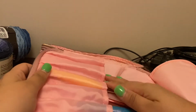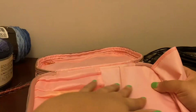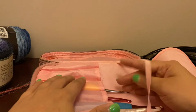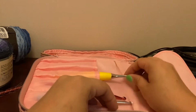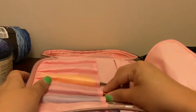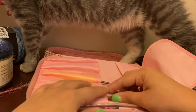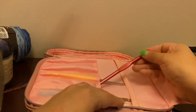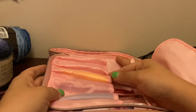So anyway, the inside of the lid has that zipper pocket, but then the first layer here has pouches for what would typically be used for makeup brushes. But I have hooks in here. I have a few of my Furls, not all of them, and then I have just a regular, I think it's either a Susan Bates or a Boye, but it's just a K hook. So this one has, let's see, 1, 2, 3, 4,